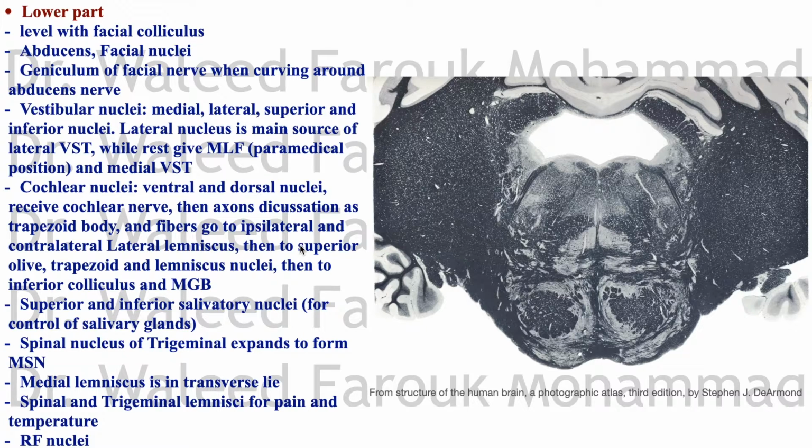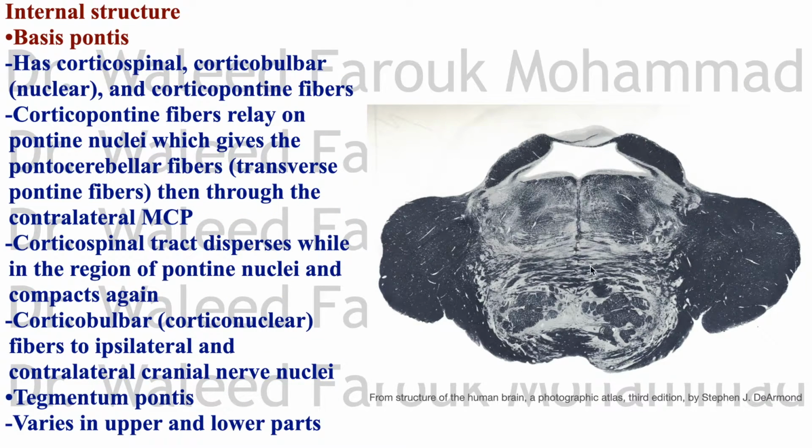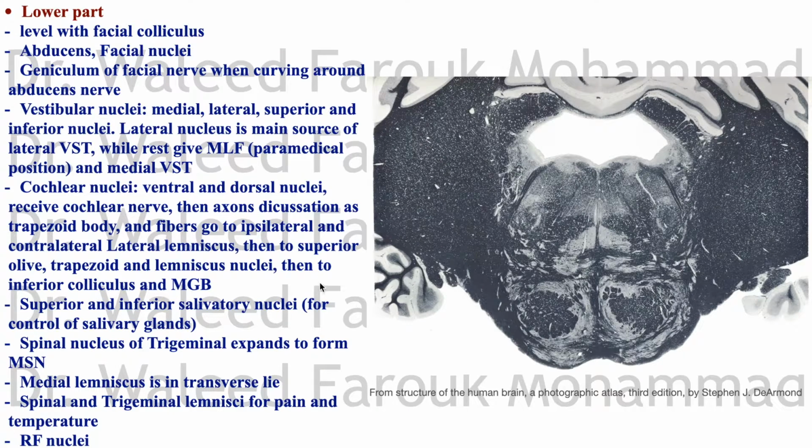The cochlear nuclei, they are ventral and dorsal nuclei present laterally, receive cochlear nerve, and the axons decussate as the trapezoid body. This is the trapezoid body, as I showed you in this section, the transverse fibers. And the fibers go to the ipsilateral and contralateral lateral lemniscus, which is part of the auditory pathway, and then to the superior olive. Well, the function of the superior olive in the auditory pathway is to determine the source